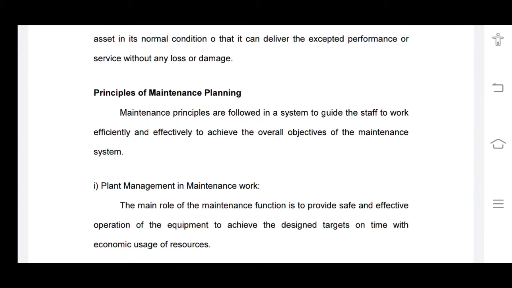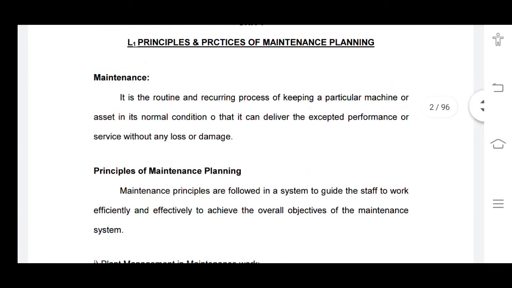You can pause the video or note down some points. Okay students, so how can you define maintenance? Maintenance is the combination of all technical, administrative and managerial actions during the life cycle of an item intended to retain it,